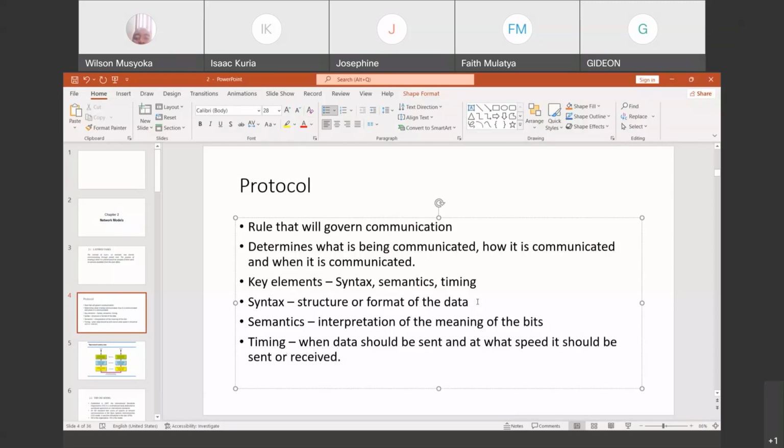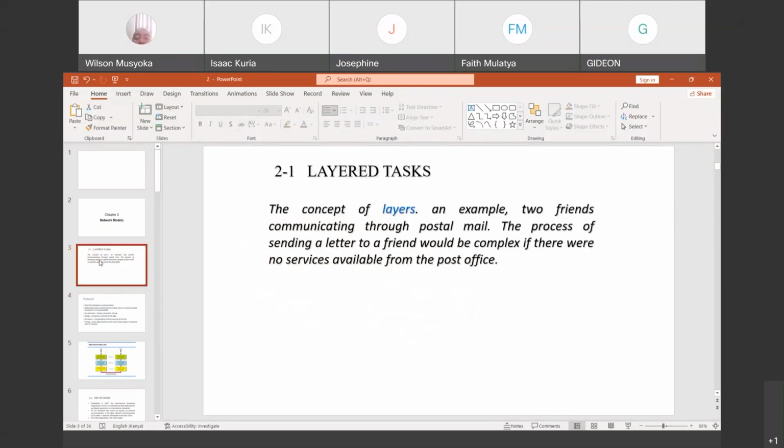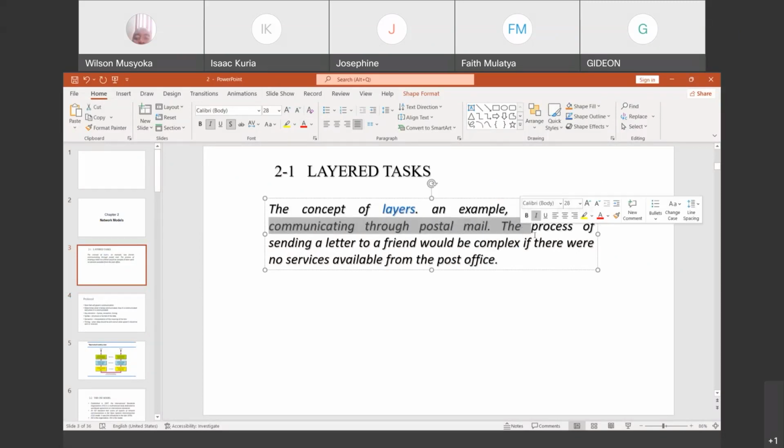So once you have established those guidelines or the rules of communication, then it becomes very easy to have this model, or the design of communication, whereby we use the concept of layers. And here an example is given: two friends who are communicating through the postal mail, although nowadays it is not there.